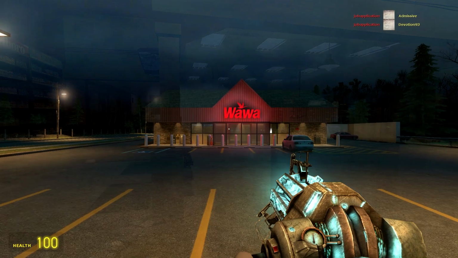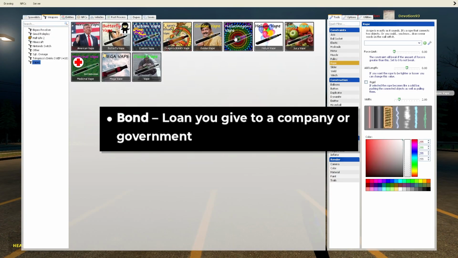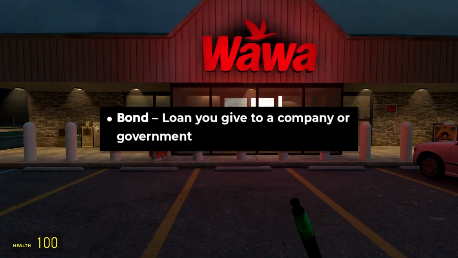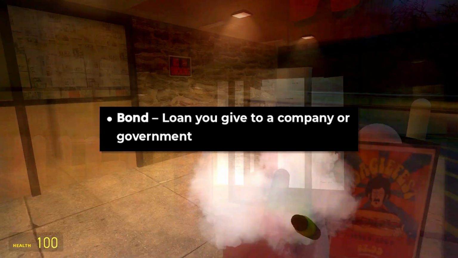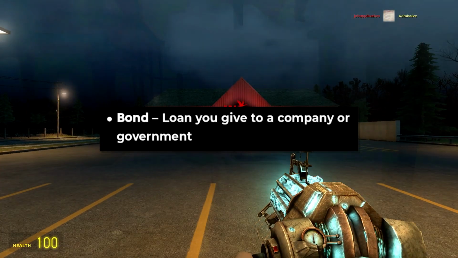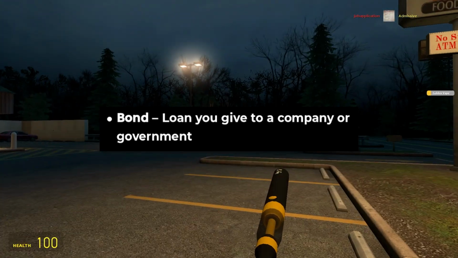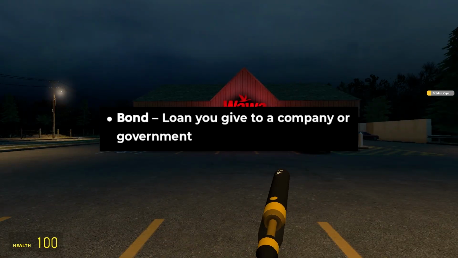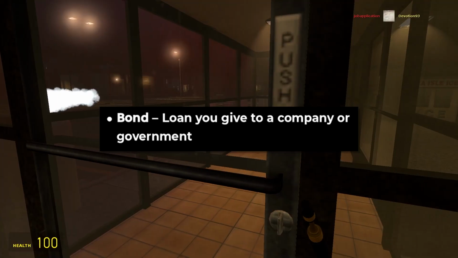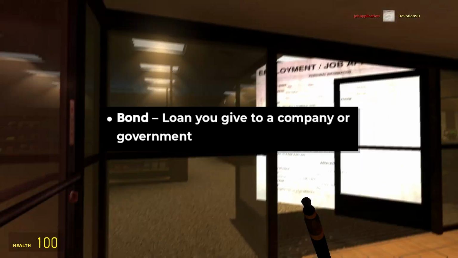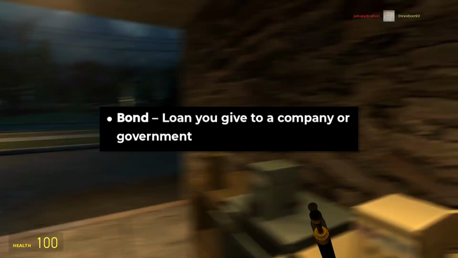There's also bonds, but I plan on making a video about bonds later. Bonds are just basically loans that you give to a company or government, and they pay you interest at the end of the year or every 6 months. There's a lot of different bonds, just like there's a lot of different stocks. These are all things that you got to learn about, but I'm teaching you the very basics so you can get into it. Bonds are a basic, but something you need to learn after you've already got stocks down. But basically, a bond is just you give money to the government or a company, and they pay you back